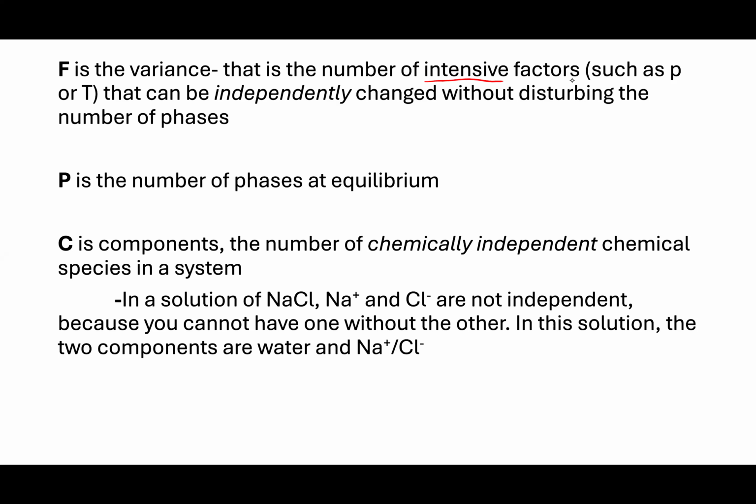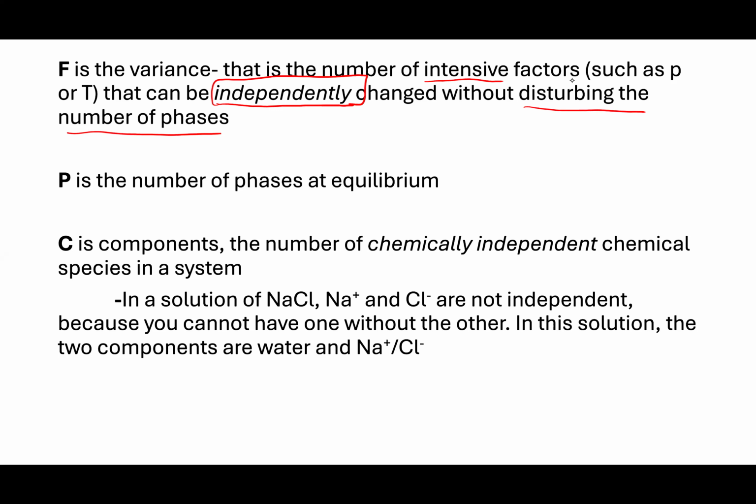But pressure and temperature are the ones we're going to look at most, because those are the easiest ones to change. And when we talk about a vapor phase or a gas phase, pressure and temperature are going to be very, very important. But this F is a number that can be independently changed, keyword there, without disturbing the number of phases. So our P is going to be the number of phases at equilibrium. That'll be pretty easy. And then C is the components of the system,